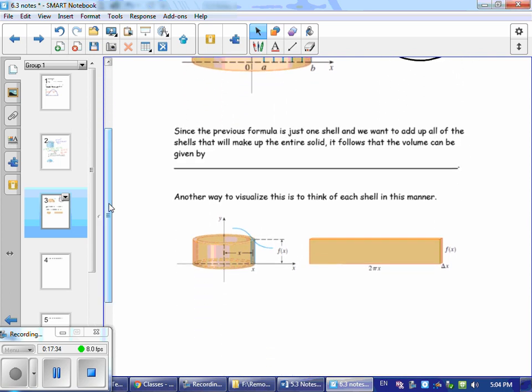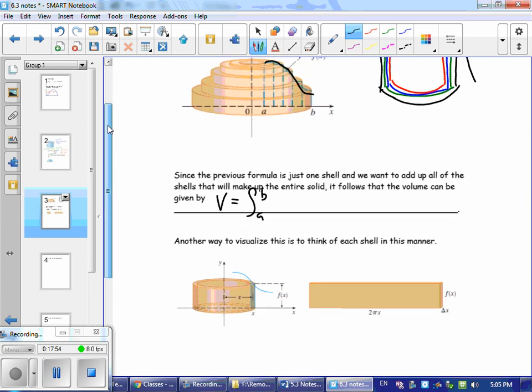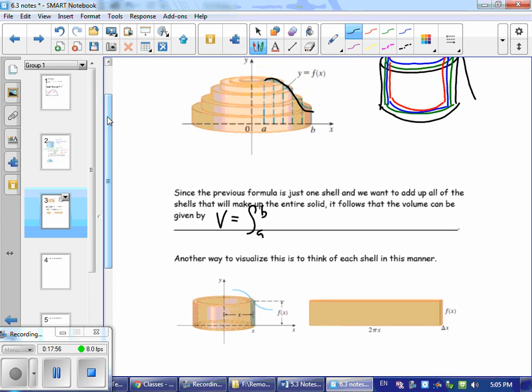So obviously what we want to do is take all those shells that we're going to create and add them up. And if you remember back to that idea of the rectangles, if we're going to add them up, we're going to integrate. So we're going to integrate from A to B, and if you look up here, A to B is going to go